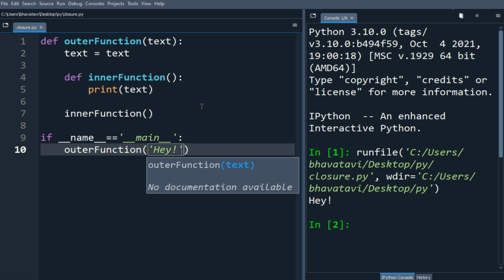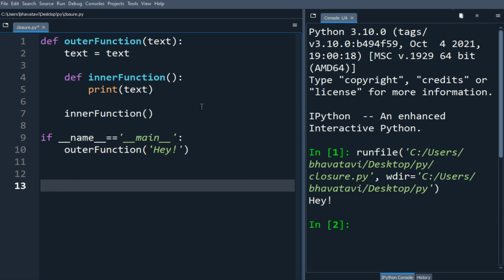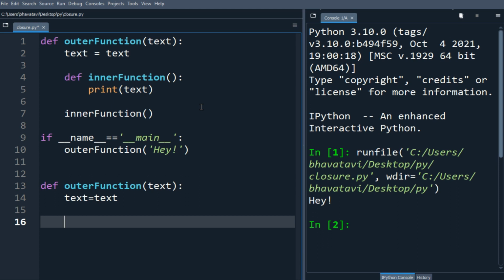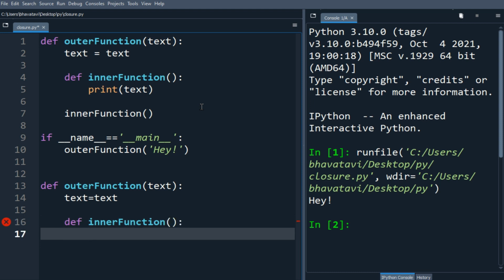So now we'll take a similar example for closure. We'll define the outer function here also. Let's take outer function, and as above I'm going to take text as the argument. Let's make text equals text. Let's define the inner function, inner function, and here also we'll just print the text,